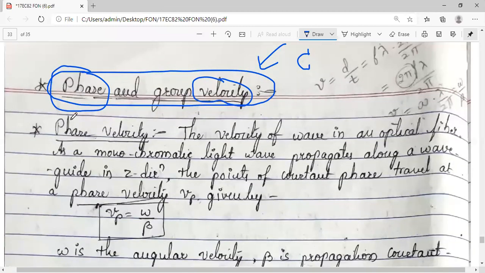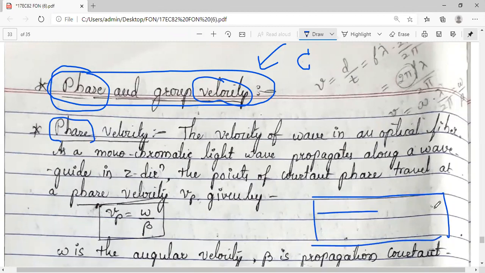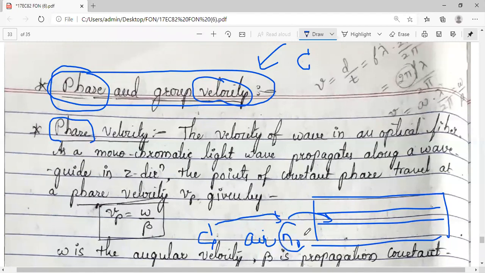So what is a phase velocity? You know, in order to understand that, whatever we know that whenever this is your waveguide, okay, and optical fiber. So in optical fiber, you'll be having core and cladding. So whenever the light travels, initially it will be in the air. Okay, from the air itself, it will enter the core material. So when it is traveling in the air, it's an electromagnetic wave, okay, which is traveling with the speed of c, that is 10 to the power of 8 meters per second, but which is having the refractive index n naught, the medium.